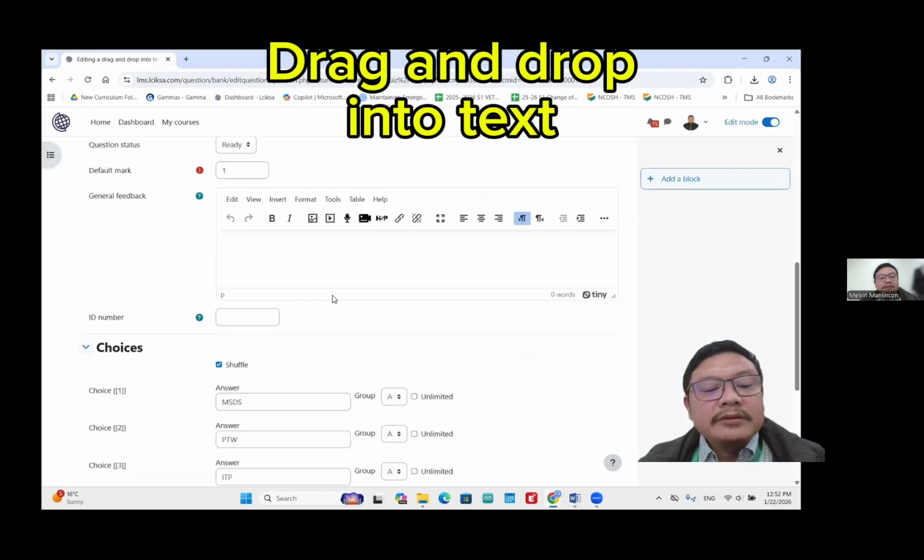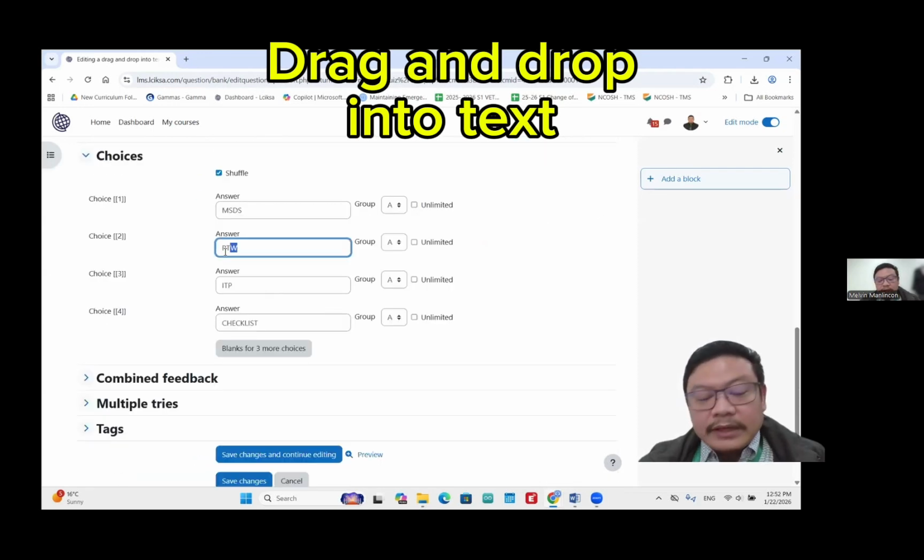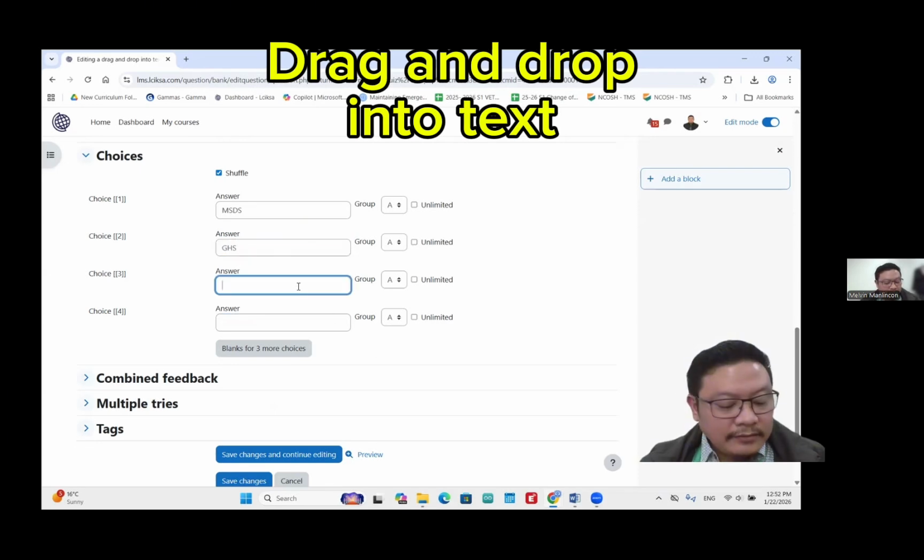So what we are going to do is remove this thing now, and encode the correct answer for blank number 2, which in this case is the GHS, and for blank number 3, the pictograms.